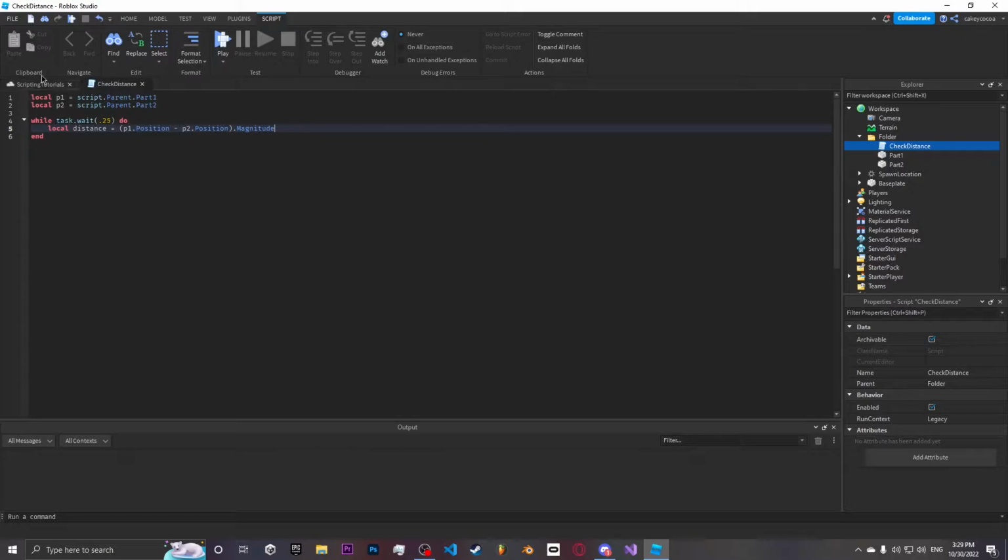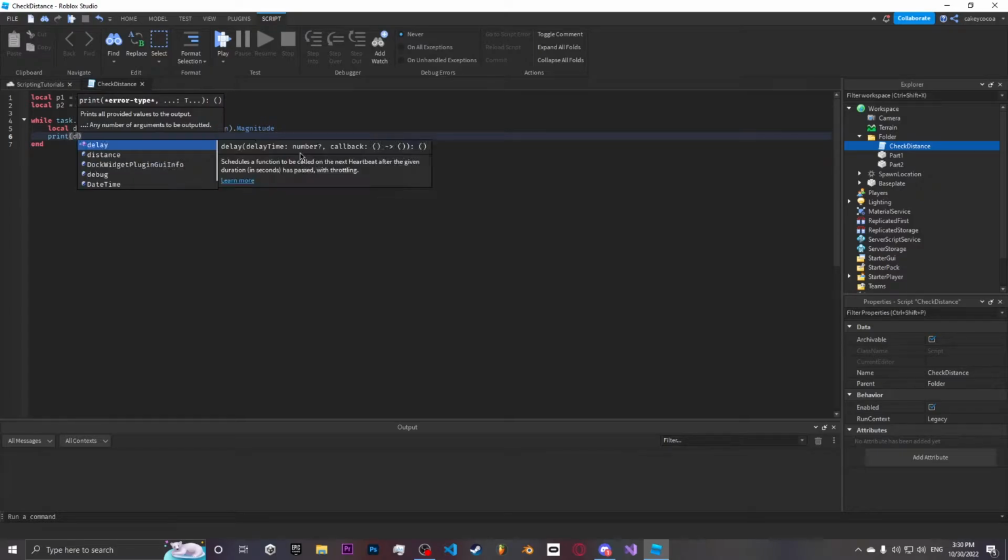So we have variables for all the parts for quick access, and we made a variable distance and assigned it to part 1 position minus part 2 position and then dot magnitude. So this is how we check the distance. Magnitude just converts it to studs, pretty much. We measure in studs, and we have to first do the math before we magnitude it, or convert it to studs. So parentheses, and now if we just print it out, so print distance,